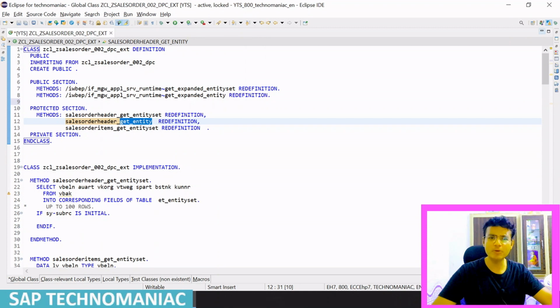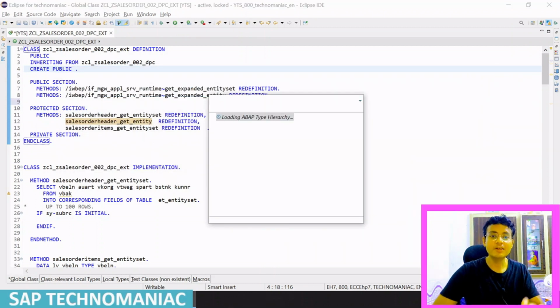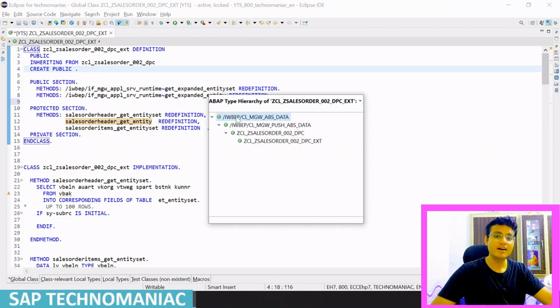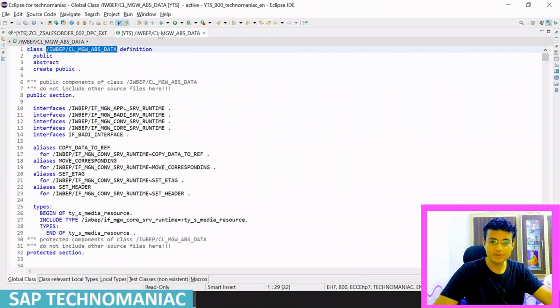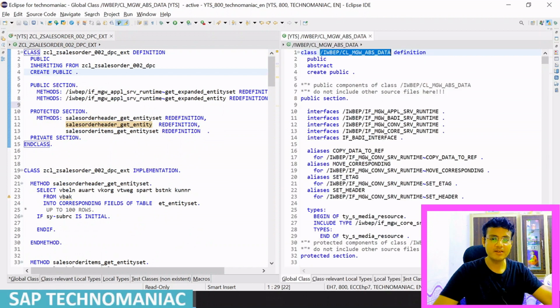How do we find it in Eclipse? The same way, you have to press Control T. It will display the hierarchy of all the classes and interfaces used in this particular DPC extension class. This DPC is the superclass, and it has another superclass, and that has another superclass. Inside this superclass, this is the interface we are using. This is again the OO concept. This is the interface which we are talking about,